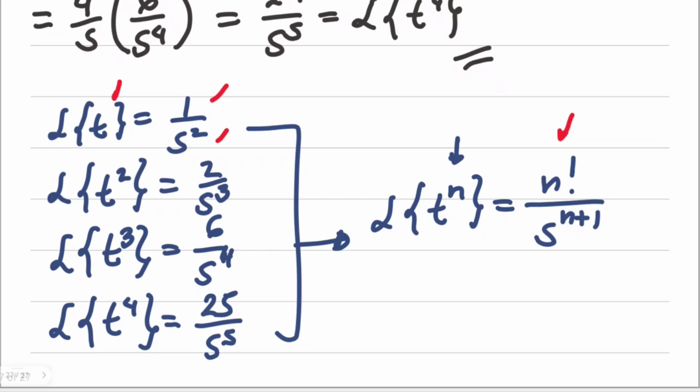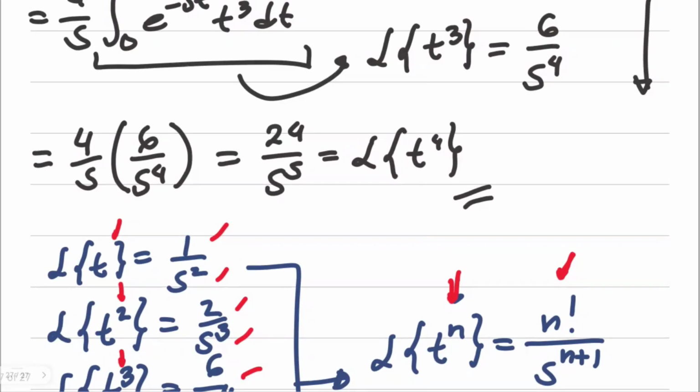If your n is 2, 2 factorial is 2, and 2 plus 1 as an exponent of s is 3. If n is 3, 3 factorial is 6, and 3 plus 1 is 4. And again, for t to the power of 4, your n is 4, 4 factorial is actually,